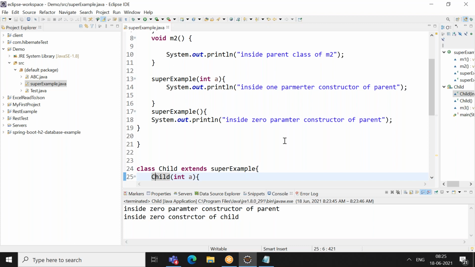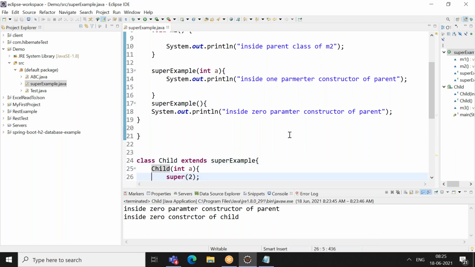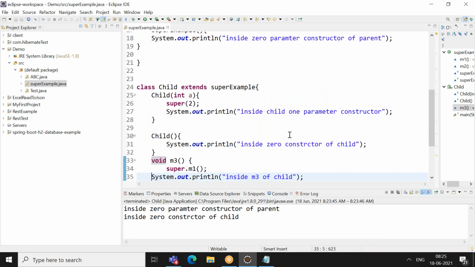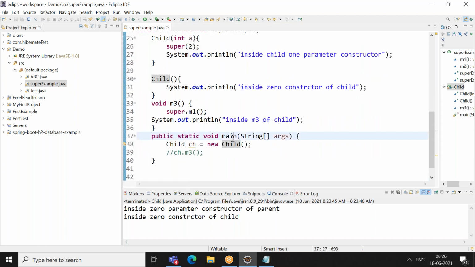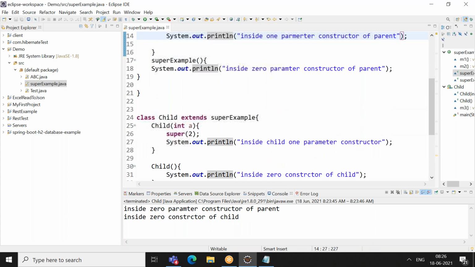Without creating an object of the parent, how would the properties come to the child? The child indirectly has M1, M2 and M3 methods, getting all the parent properties. So creation of the object is mandatory. When you create a child object, a parent object also gets created, and those properties are given to the child. That is the reason whether you write super or not, by default it will call this.